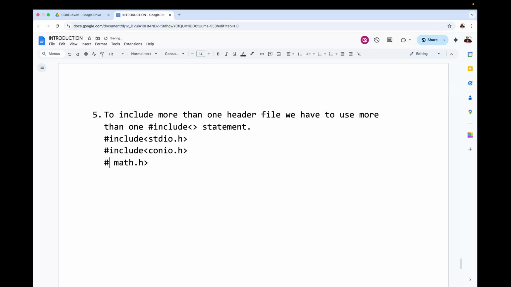#include <math.h>, then here we have to write it. To include more than one header file, we have to use more than one #include statement. It's okay, nice. Next one is what there, to import